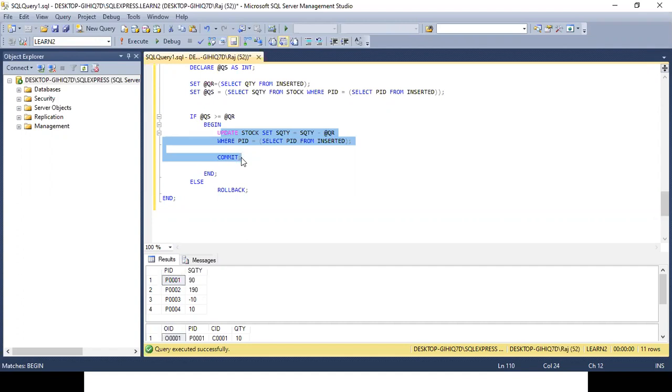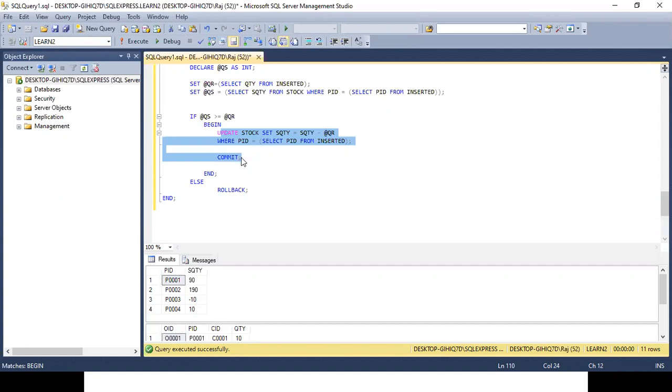If we have the sufficient quantity, the stock will be updated immediately. Can you see the importance of commit over here? This is the actual utilization of commit.